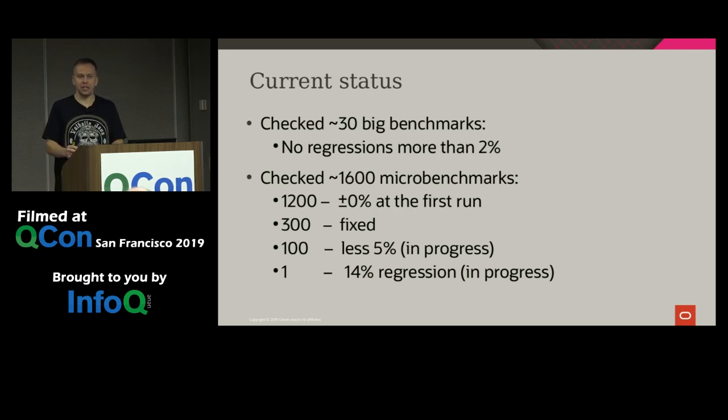2% on large benchmark. It's very difficult to analyze. So we started from micro benchmarks. And if we deal with the micro benchmarks, we will fix the big benchmark, it will be fine. So when we finish with our micros, we'll go to big benchmarks. So right now I consider that the whole picture is very, very promising for performance, and I have a request